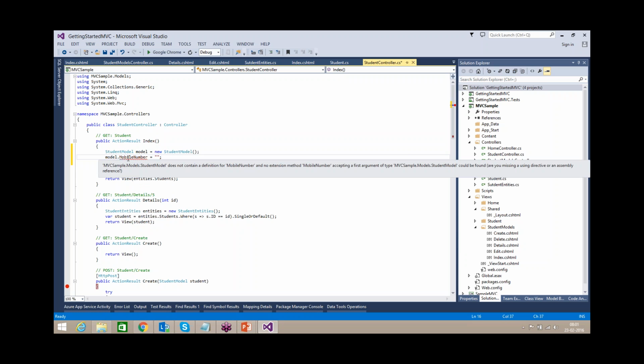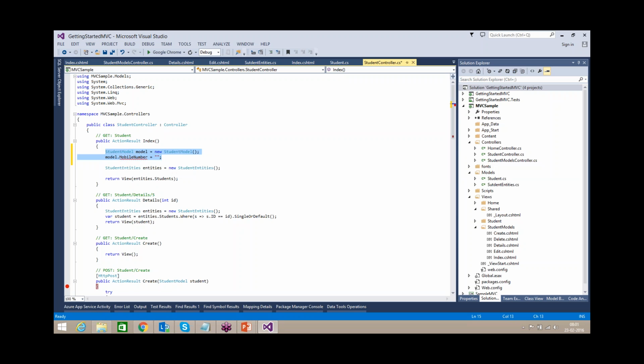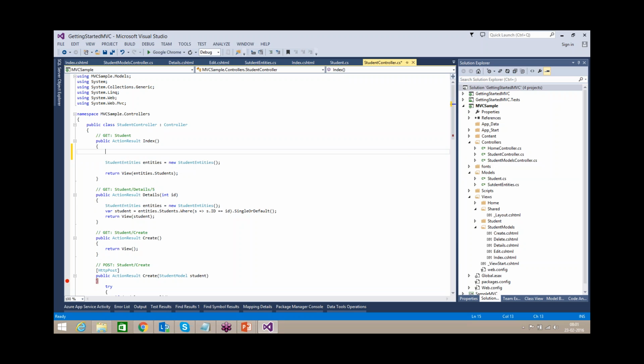Okay, so dynamic objects is a concept introduced in the .NET Framework 4.0. In .NET 4.0 they introduced dynamic objects. So that is the dynamic keyword. You give whatever you want and then